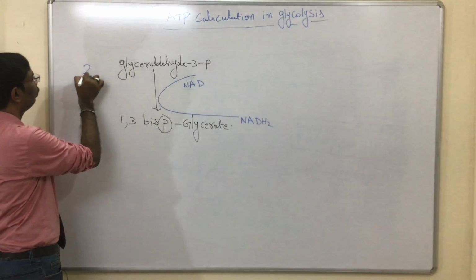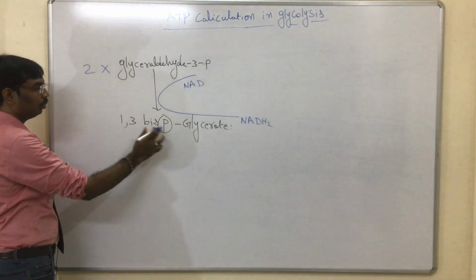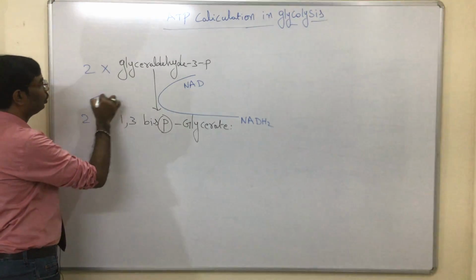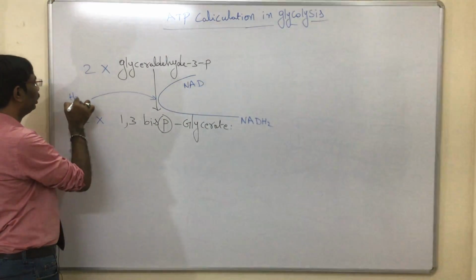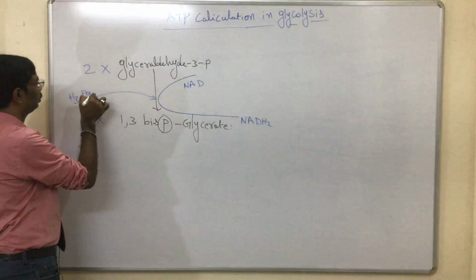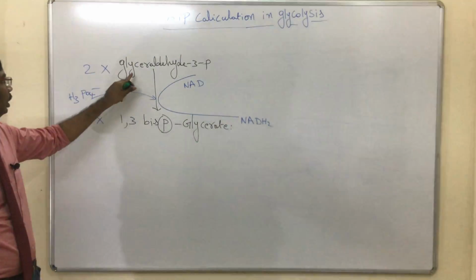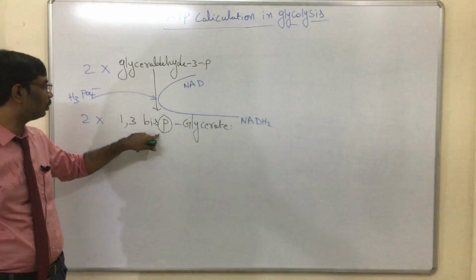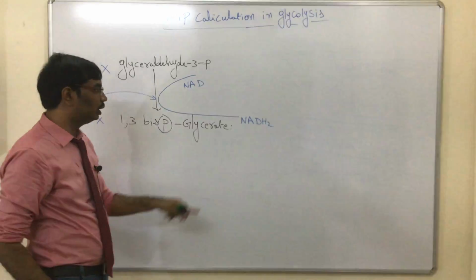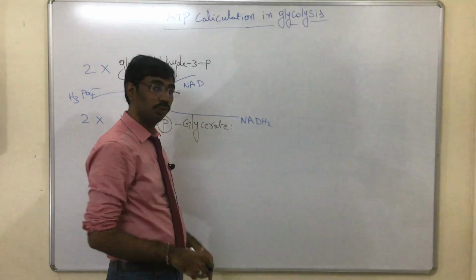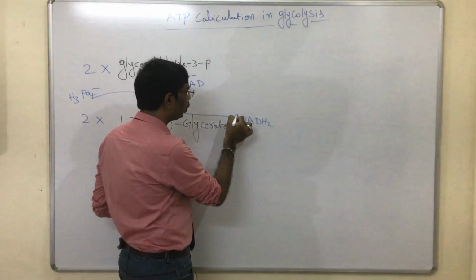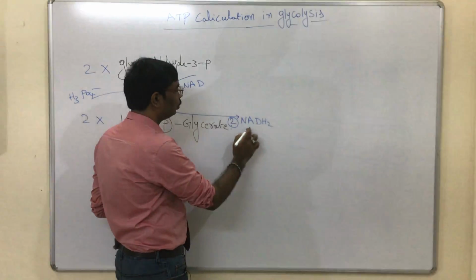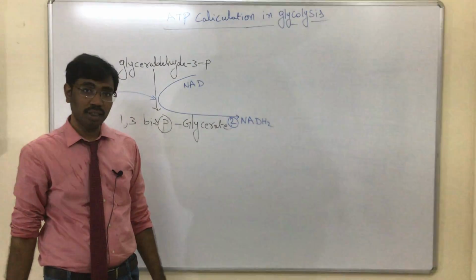Yes, that is good, 2 molecules. So how many 1,3-bisphosphoglycerate molecules produced? That is 2 molecules. So 2 H3PO4 enter into the reaction. Okay, so because of that, the 2 molecules of glyceraldehyde 3-phosphate is converted into 2 molecules of 1,3-bisphosphoglycerate. So in this reaction, there is a production of NADH2. So how many NADH2? For 1 molecule, 1 NADH2. For 2 molecules, 2 NADH2. So 2 NADH2 molecules produced in the reaction.